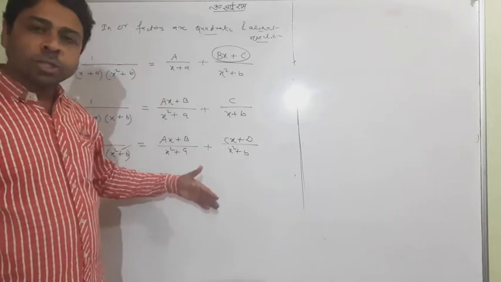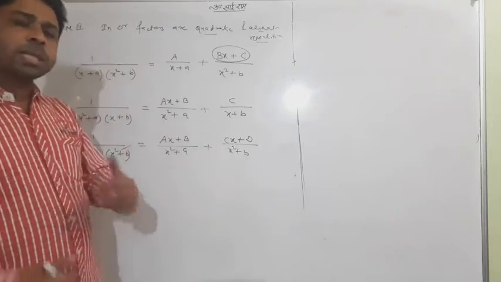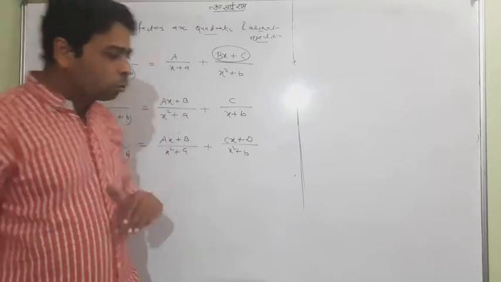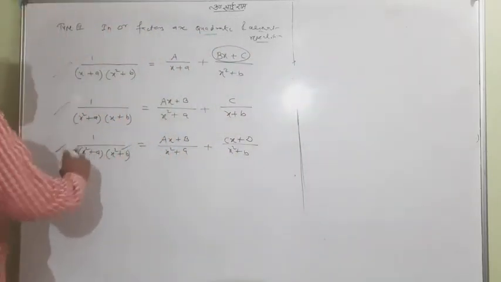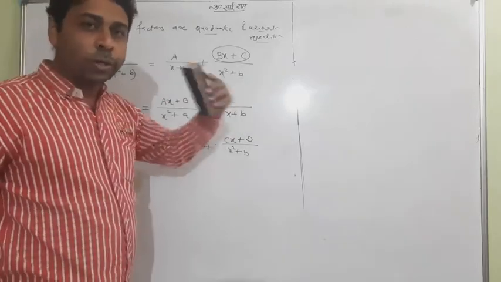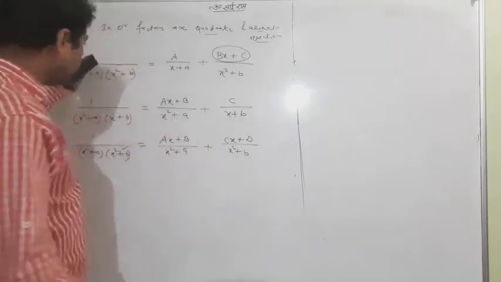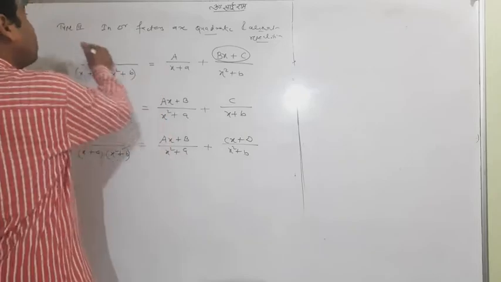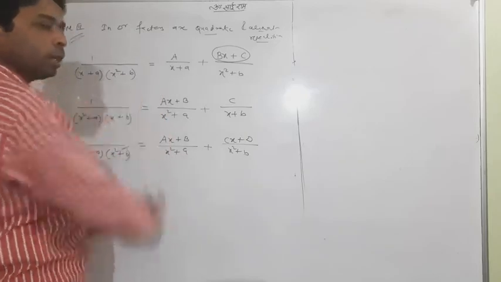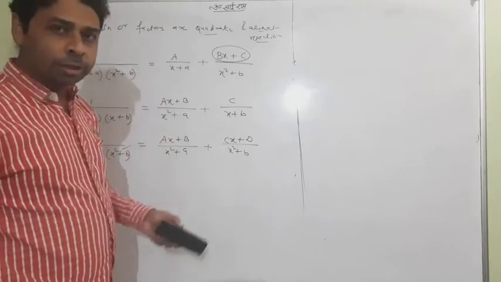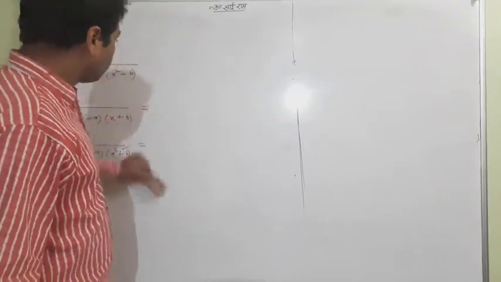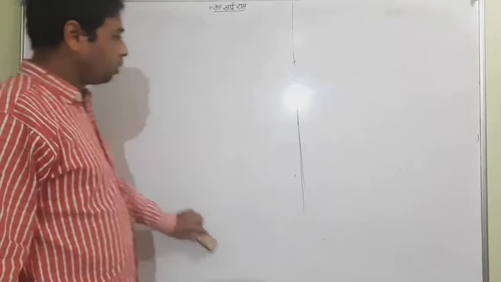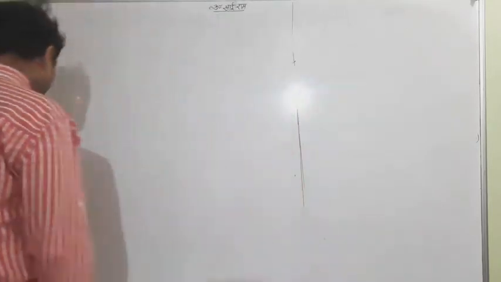The further procedure is very common, but some I will tell you. Just look at the board. But first of all, you must know how to write, how to express. Now, what is the question with you? This is the third and final type. You know that you're learning the quadratic one. You have learned it now. Okay, so let me take one question from the book so that I could teach you a complete question.